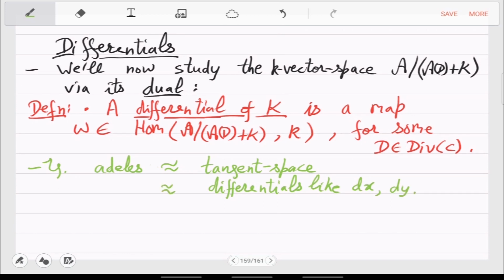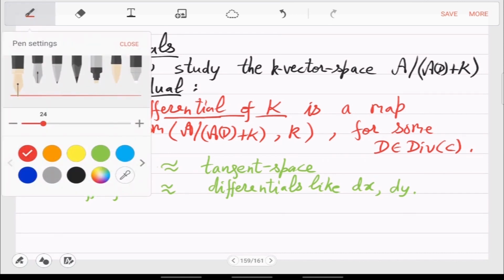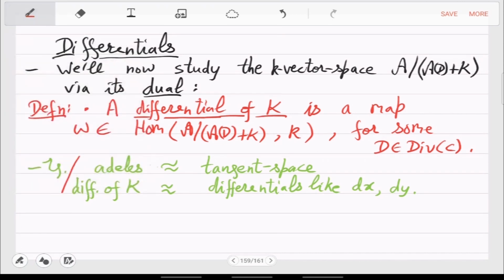That is what now we have defined as differential of k. Okay, so these are the more complicated things. So this is why the name differential is not out of place, but of course